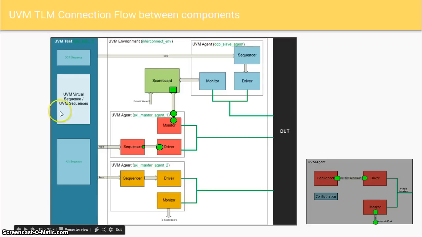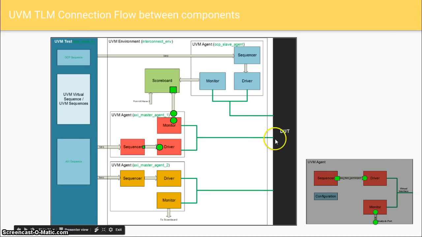This picture shows the architecture of a UVM based test bench, and here we are going to see how data is flowing from one component to the other component. So the final aim of the test or the environment is to drive transactions to the DUT, and the transactions are generated from the sequence which is running in a test. So a test will start a sequence, and the sequence will internally generate transactions, and these transactions should come